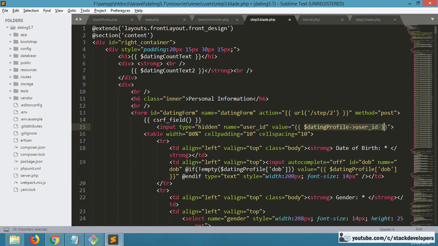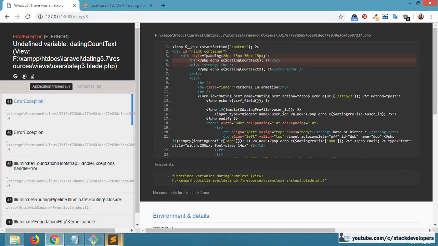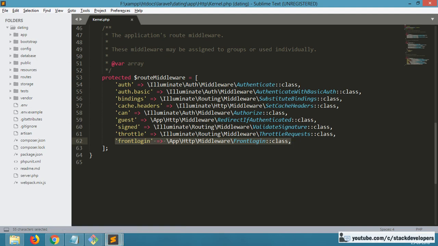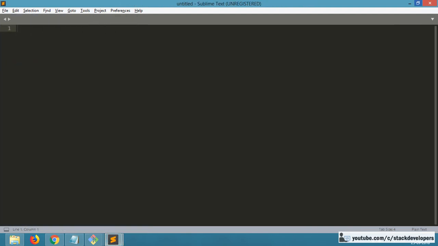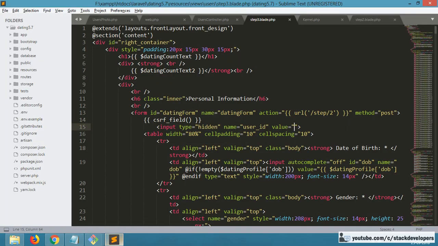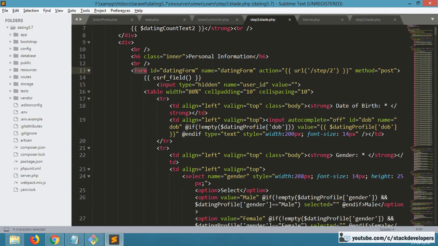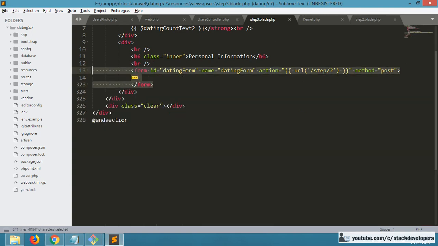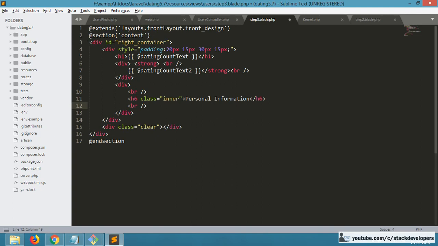We will use auth methods here, so we can remove this one. And here as well we will see what else to remove. Okay, so it will show errors, we are going to get in context. Okay, so this one we can close now because we have resolved this issue. And now we will see, I think it's better to remove everything. Okay, form I'm going to remove right now, and here I'm going to add